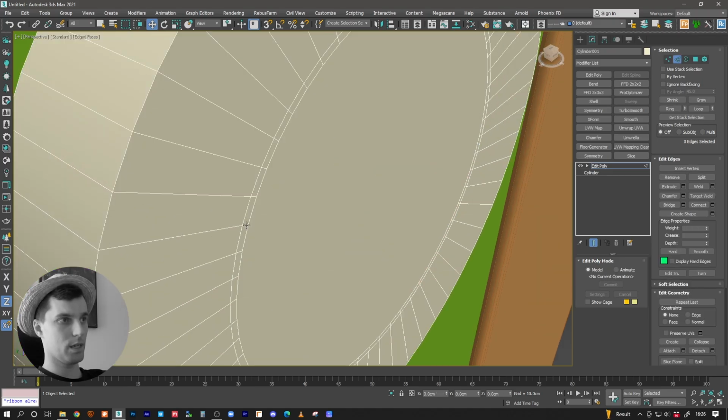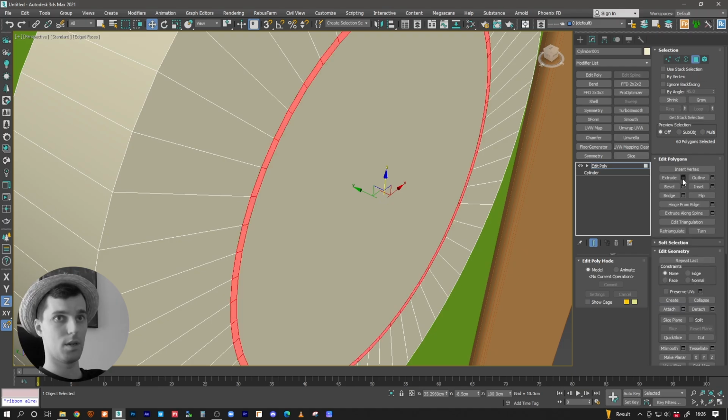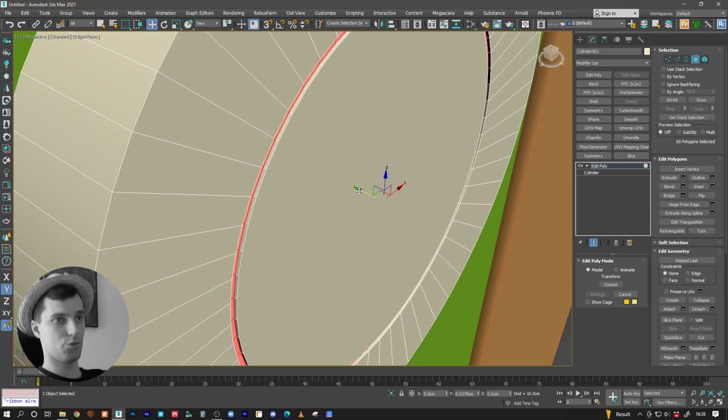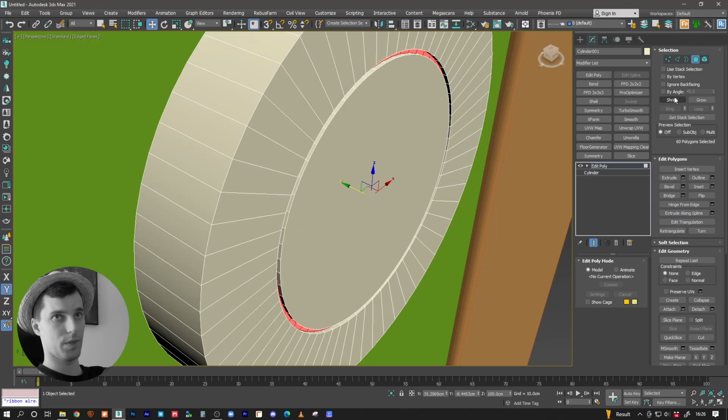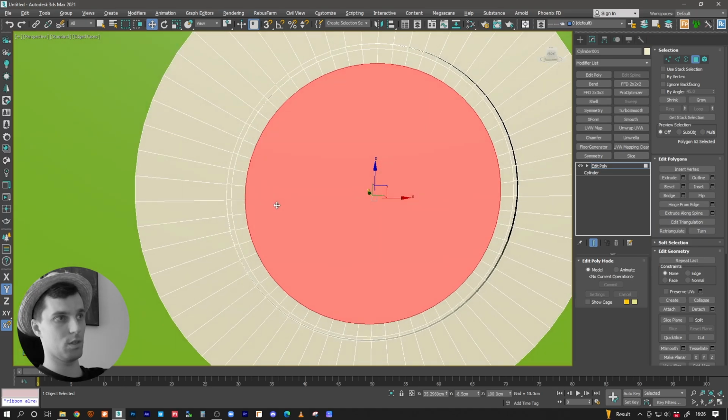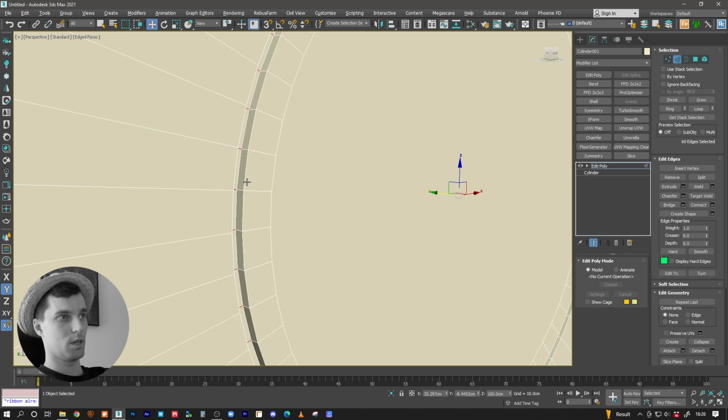Now I'm going to select the edges and ring it, pressing Control and clicking on the polygon. Okay, extrude, press OK, and drag it a little bit like that. Then inset a little bit more, something like that. It doesn't really matter, we're just adding a little more